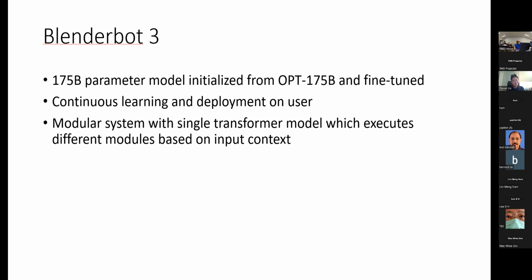Essentially, you have a very large machine learning model that has been trained with a very large data set,